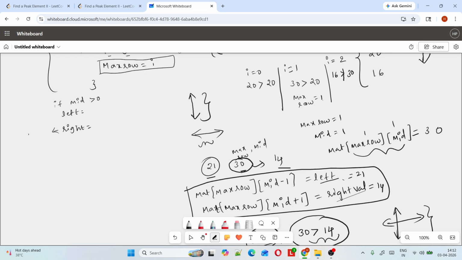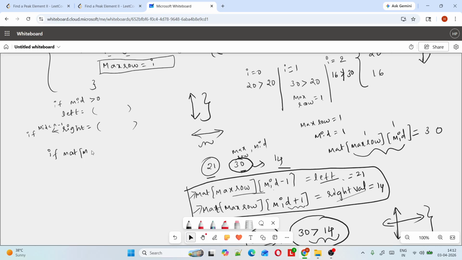For right, you have to check whether mid is less than n minus 1, where n means the number of columns, because it should not throw any error, right? If mid is pointing to 0, then 0 minus 1 can't be accessed. So in that way you will assign the left value to this formula and the right value to this formula. And after finding this, you will check whether our